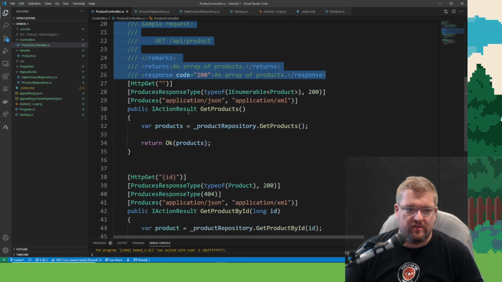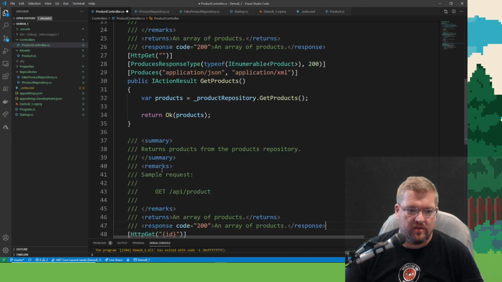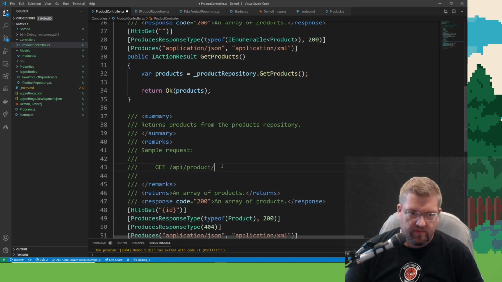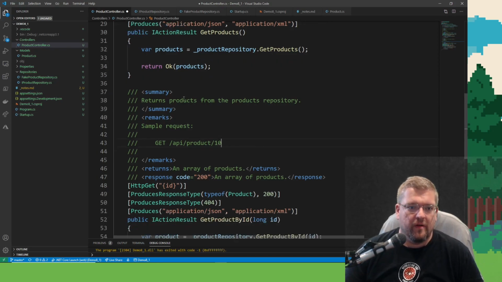Let's copy the XML documentation for this. Gets a product by its ID.